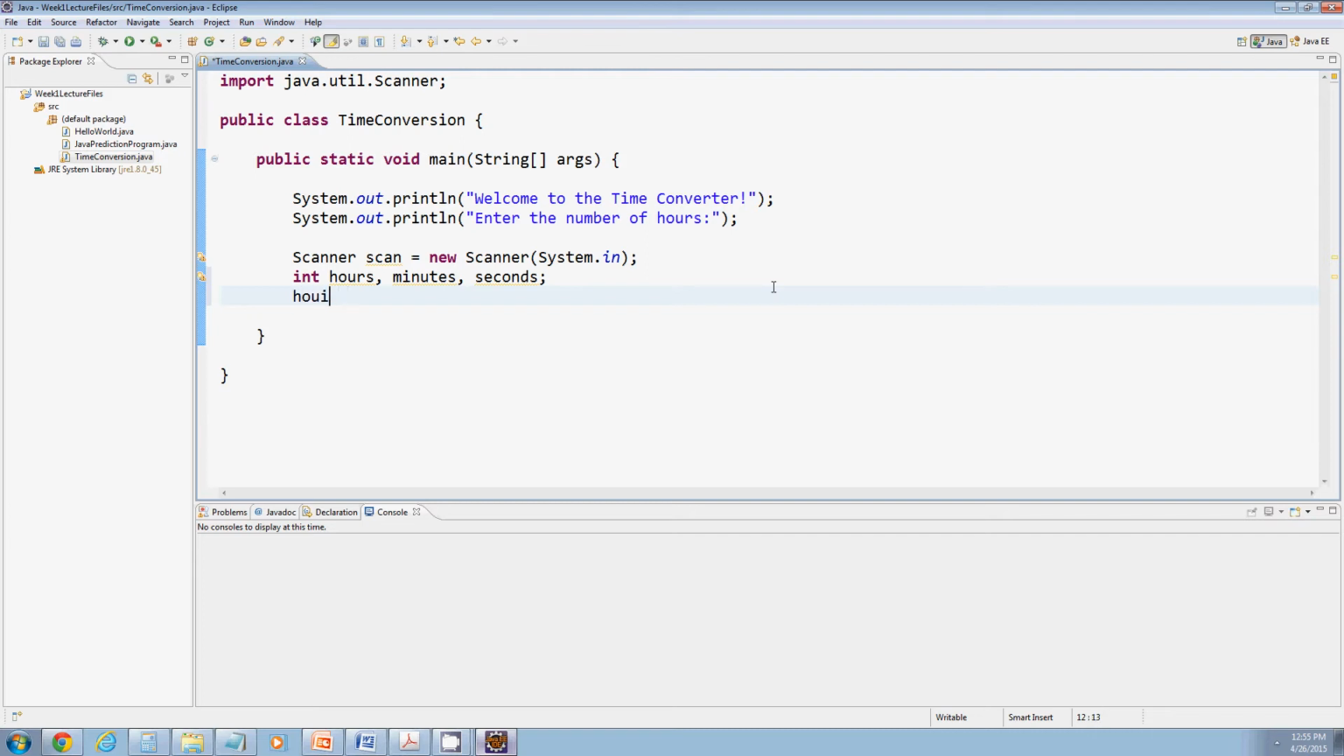So hours is going to be scan.nextInt. So I'm reading in the number of hours, the user types in whatever integer they type in, and then I'm storing it in the variable hours. Right-hand side gets evaluated first. Whatever that value is, it gets stored in the variable on the left. And then I am going to tell the user